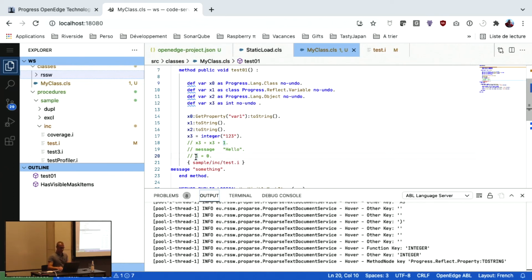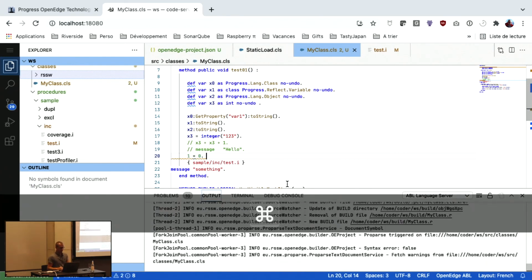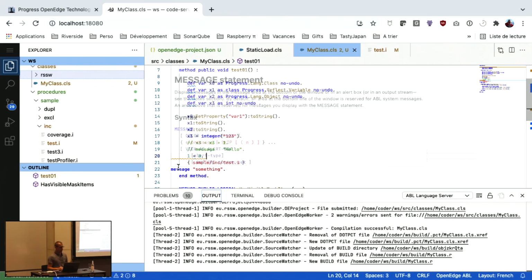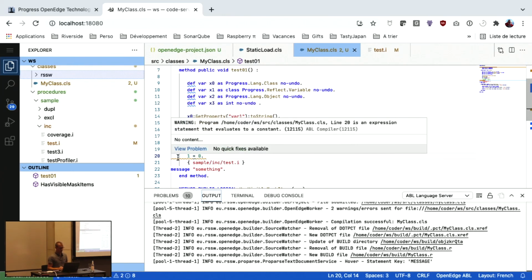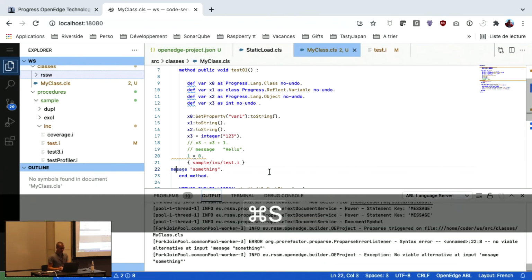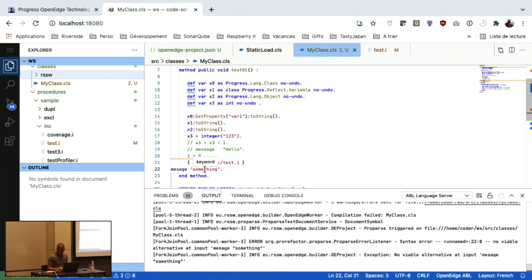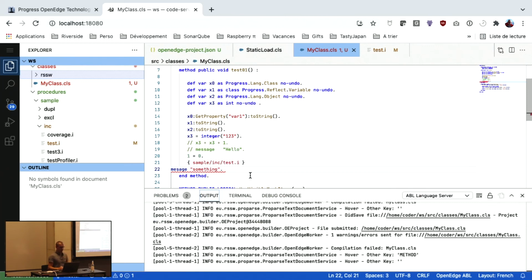So here, if we introduce some compiler warnings, this is automatically reported by the engine. So here we know that this is a compiler warning which is raised by the compiler. If we introduce an error message, here we have a red line to say this doesn't compile, and it will do that for any file which doesn't compile correctly.